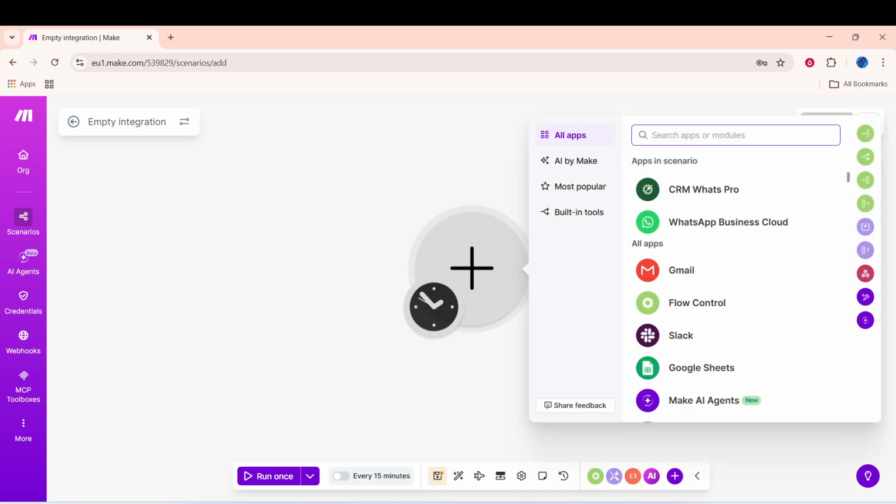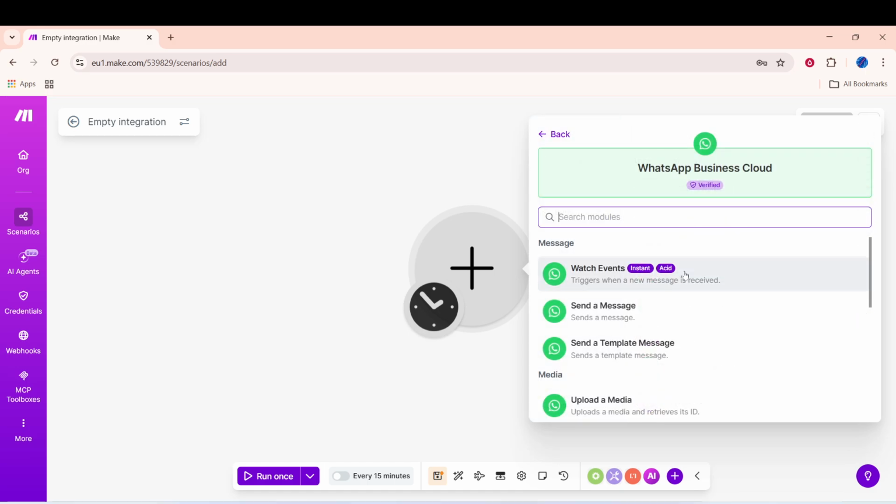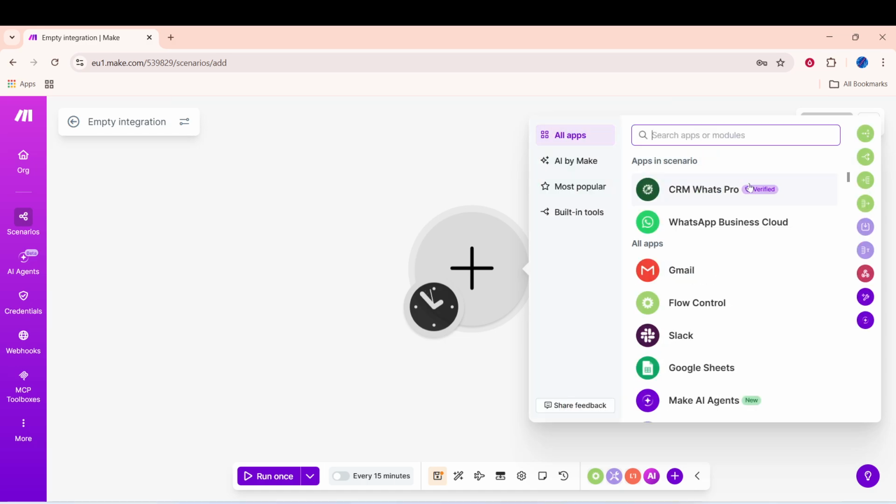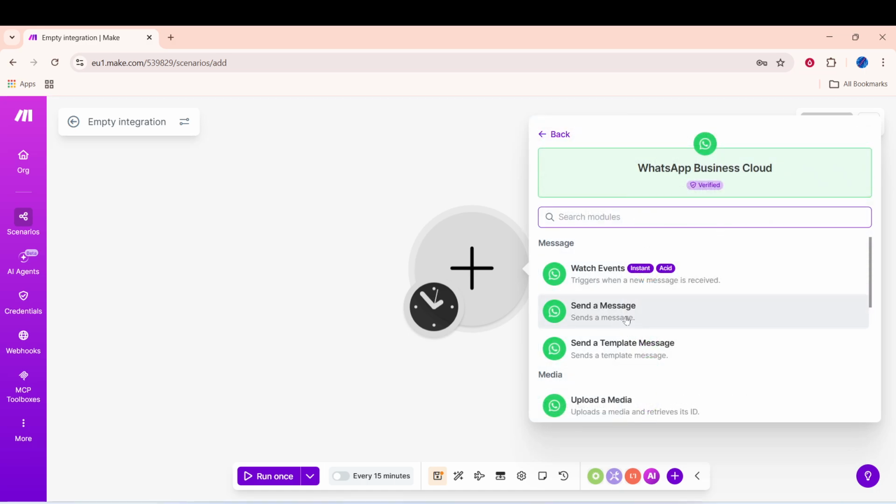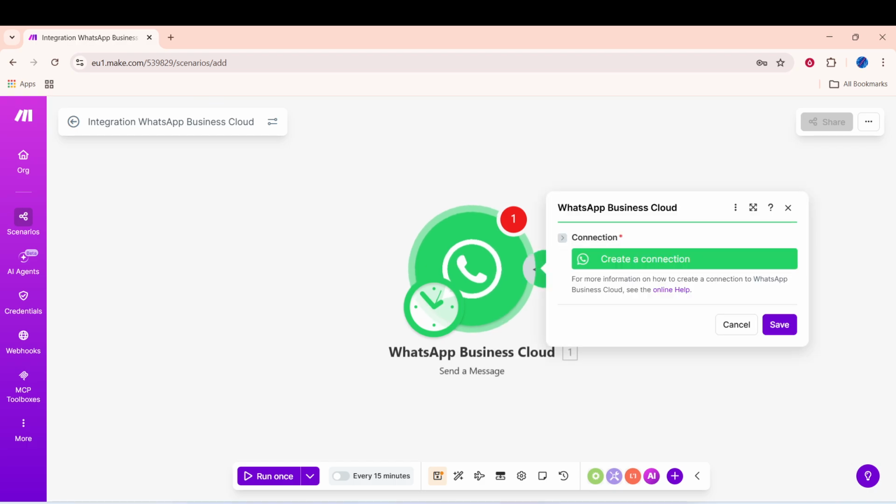In the search bar, type WhatsApp, Twilio, or WATI. These providers enable WhatsApp messaging through approved APIs. Choose the option that matches your provider and your account setup. If you aren't sure which one to pick, use the same provider you already use for messaging or the one